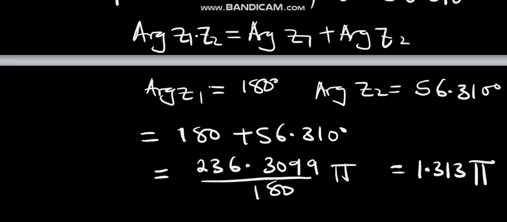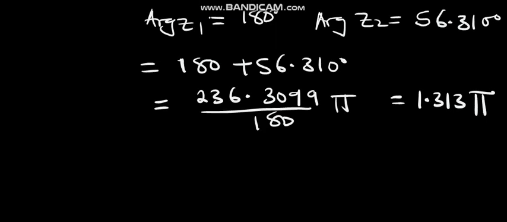Now we need to establish the argument of z1 out of z2. So argument of z1 out of z2, we said that